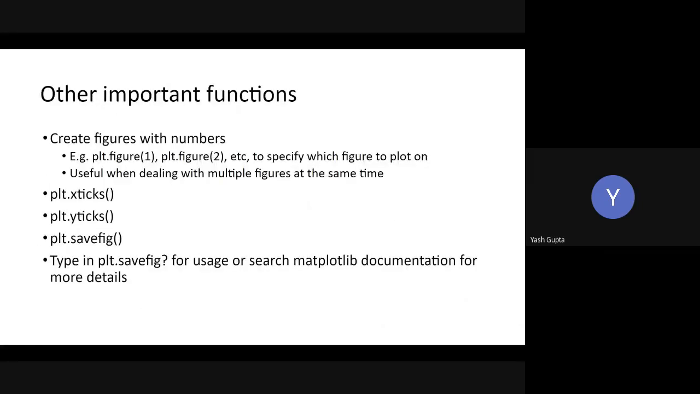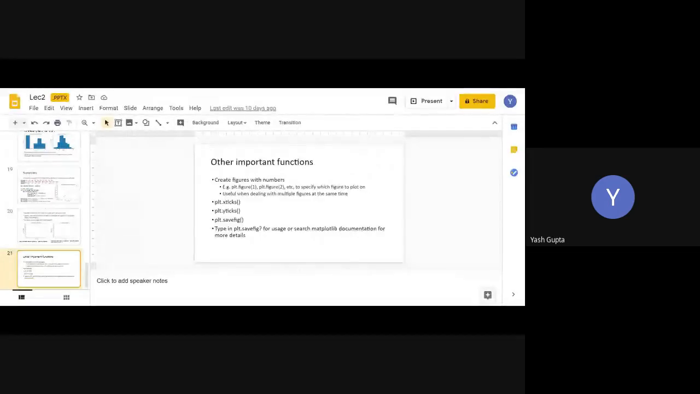So the next thing is just reviewing functions. This is creating figures with numbers. If you want to try it out, it's plt.figure(1), figure(2), figure(3), figure whatever, to specify which figure to plot on. That's useful when you want to plot a bar chart and something else next to each other. So if I were to go here,